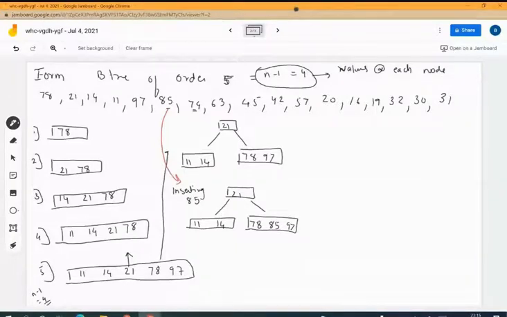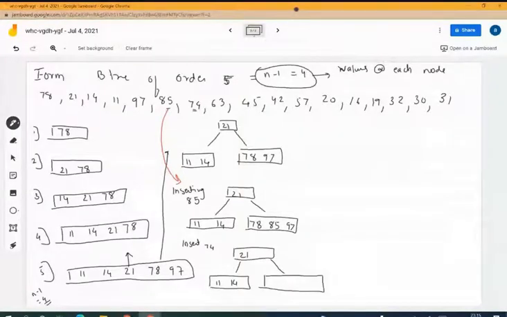Now inserting 74. I'm going to insert 74 towards my right of 21, because 74 is more than 21. But in the sequence, if you see, 74 is less than 78. So I'll be placing 74, 78, 85 and 97, right? Now again, I need to insert in the next step. So this was step number 6. This was step number 7. At step number 8, I want to insert